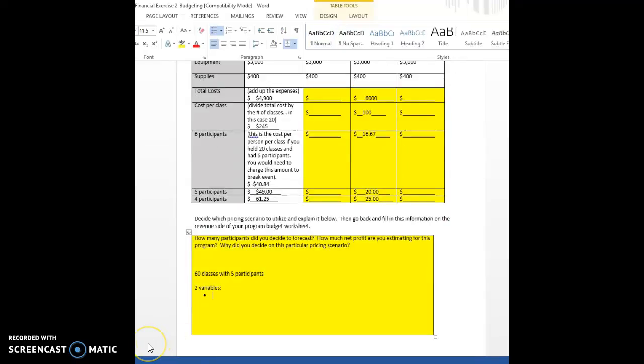So whichever pricing scenario you decided to go with, what I was looking for was your thought related to 2 variables. Those variables were how many classes you want to offer and why, and then how many participants you forecast and why. So really, I just wanted to see you put a little thought into both of these variables